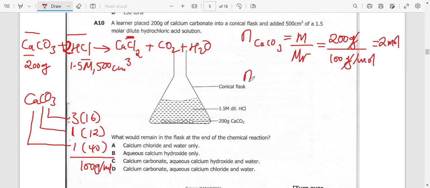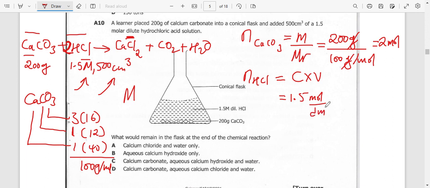Okay, and then we find the number of moles of hydrochloric acid. Now, for hydrochloric acid, we've been given concentration and volume. So to find the number of moles, you will not use mass over molar mass, because we don't know the mass, we don't know the molar mass. So number of moles is concentration times volume. So that's what we are going to use. Concentration we have is 1.5 molar. Now if you hear of 1.5 molar, capital M means mole per decimeter cubed or mole per liter. So we're going to multiply this now by the volume. The volume is 500